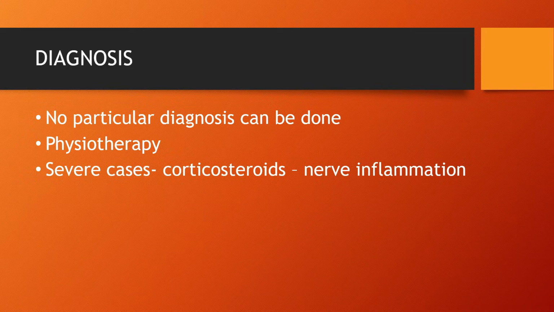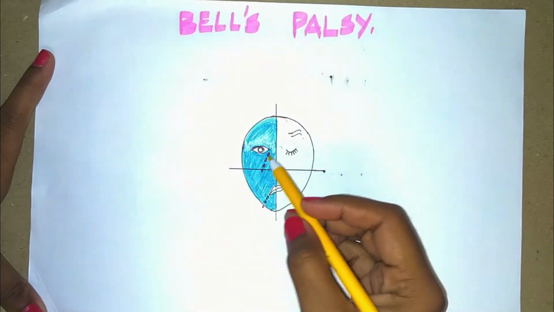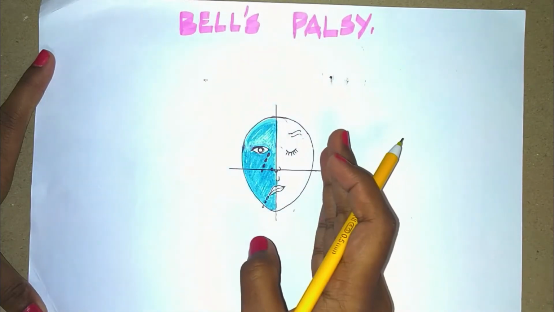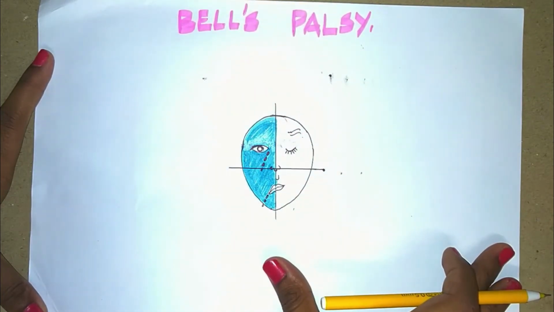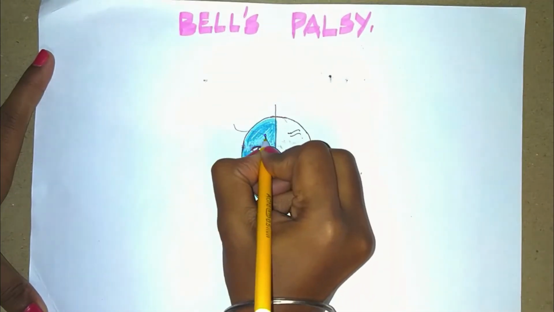So, as we are done with the topic, we can now get into the 11 points from the diagram. So I have already drawn the diagram of the face and divided it into 4 quarters, the upper half and the lower half, and right and left half of the face. So let us start with the 11 points we need to know from the diagram. The first point is